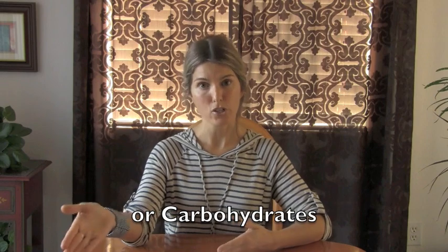However, because we typically eat more than one food at a time during a meal, here are the suggestions for best digestion. Vegetables go with just about anything. Vegetables will go great with a protein, vegetables will go great with a fat, and vegetables will go great with other starches. When it comes to fruit,